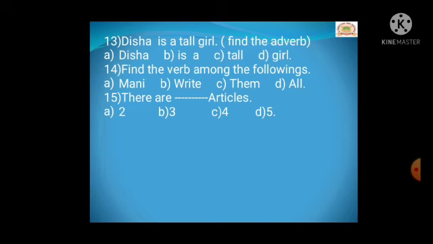14th one. Find the verb among the followings. Examples are following are money, write, them, all. The verb is write. Write is the correct answer. 15th one. There are dash articles. There are 3 articles. Among those articles and remaining some of the questions we will discuss in our next online